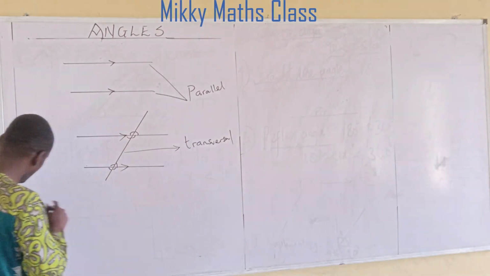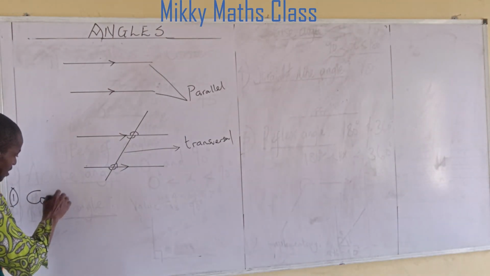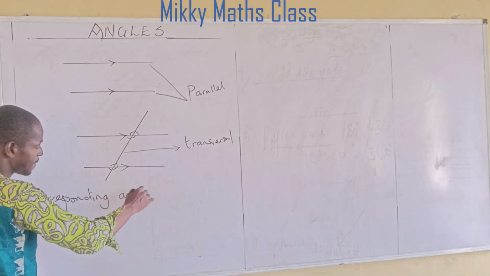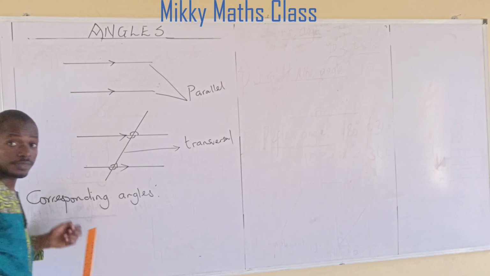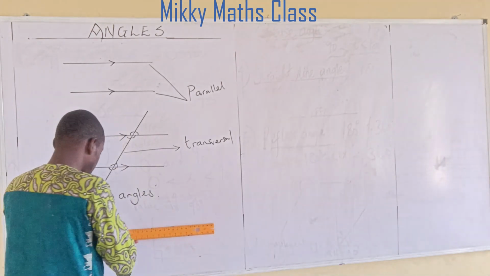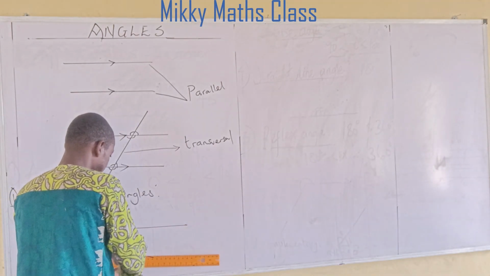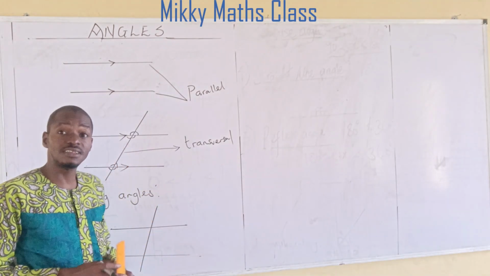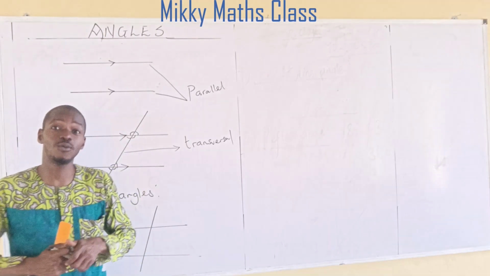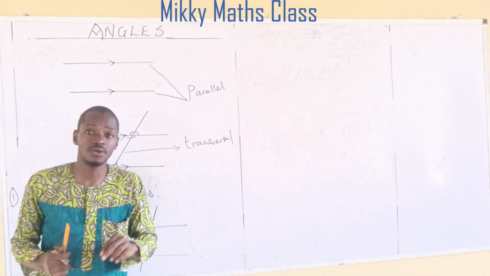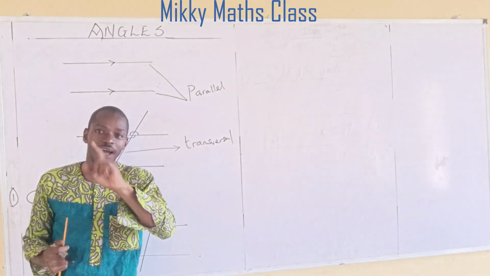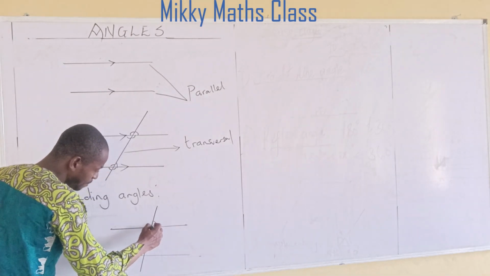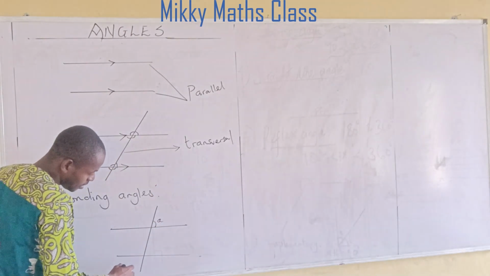corresponding angles are formed. Corresponding angles. Let's look at it. Now, for corresponding angles, another way we can identify a corresponding angle is what we call an F angle. F angle. Look at it, if I have an angle here, let's say A, and I have